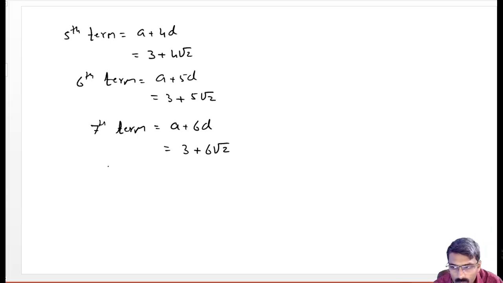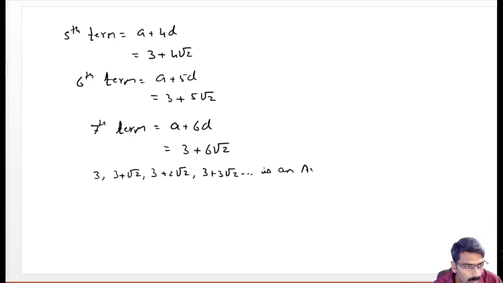So our final answer would be 3, 3 plus root 2, 3 plus 2 root 2, 3 plus 3 root 2 and so on